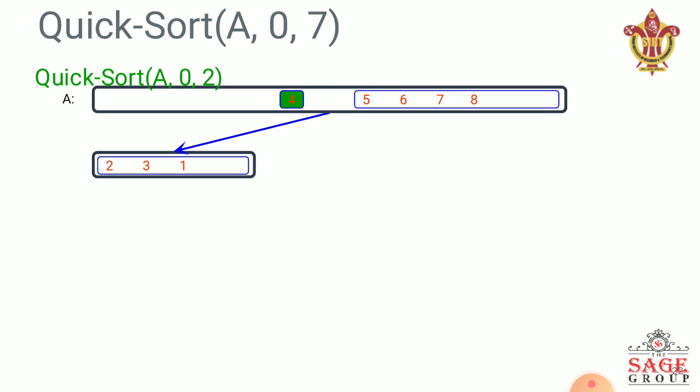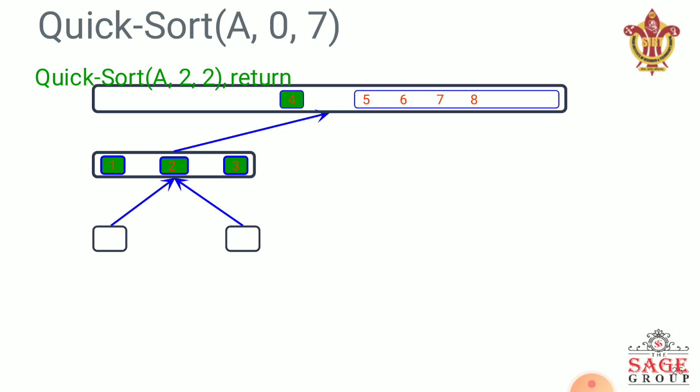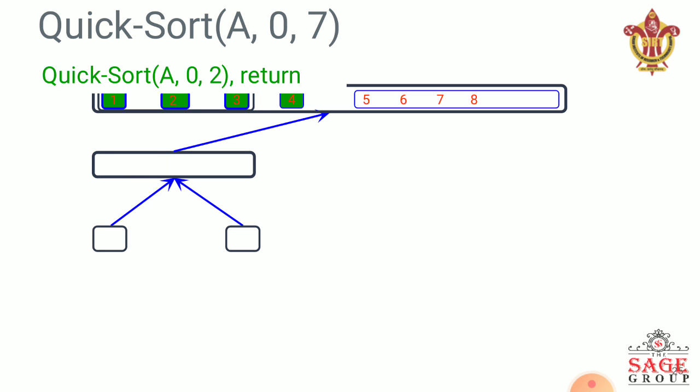Then we apply quicksort recursively on the left list, or first part, with index from 0 to 2. We apply the partition algorithm here, with the same concept. 2 in this case is the pivot. Then again we divide our list, then 1, then 3, and these are the sorted array which we get with the help of the partition and quicksort algorithm. So this is copied to our resultant array.